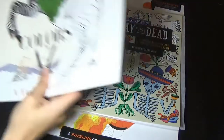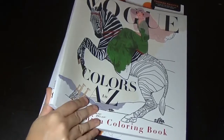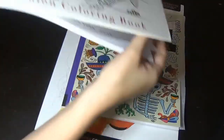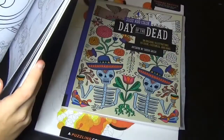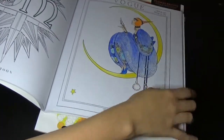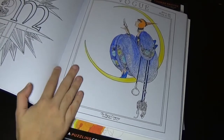Now I have Vogue Coloring A to Z, and I don't know the artist, but it's published by this Knopf company. And this is a double-sided book, and you already know that I don't like double-sided books, but I tried to use just some watercolors in it, and I don't think it turned out too bad. This is M is for Moon,